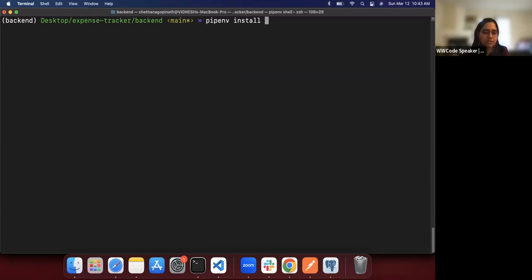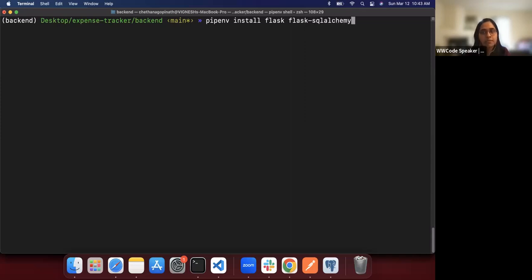This is going to help with dependency resolution, and there are multiple advantages to this. It will handle all of the packages for our virtual environment. So let's start by installing Flask. We need Flask because that is the framework that we're using for this session. And then we'll need Flask